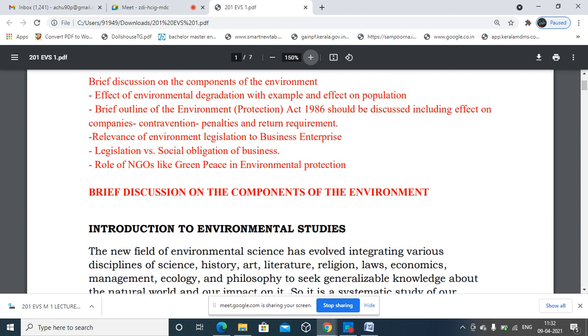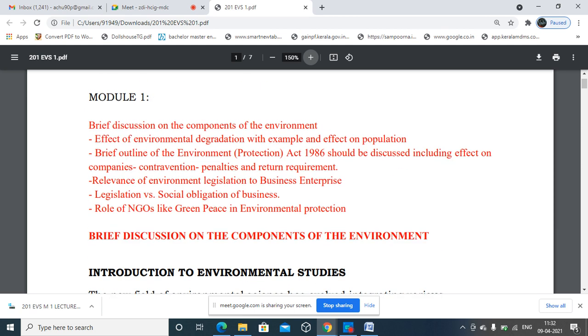First module, brief discussion on the components of the environment. This is just about 7 pages. And the second main topic is effect of effect. So you please note down these two terms, effect and affect. It's very important that you note down the difference between the two. Effect is the result of something. Effect of environmental degradation with example. Effect, the result of environment degradation. How we are going to be